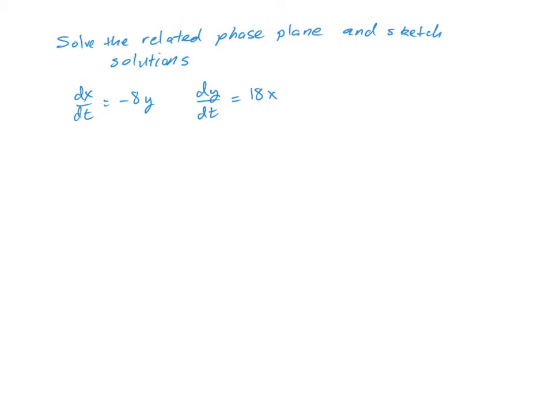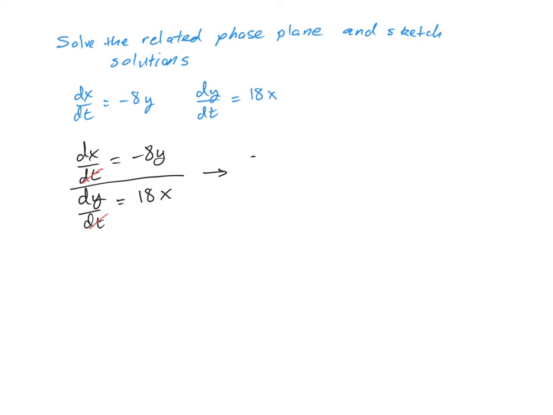Okay, so for this problem, they want us to find the related phase plane portrait and sketch the solutions for this planar system. And the first thing you want to do is divide the two differential equations. So let's take a look at having our dx/dt is equal to negative 8y divided by dy/dt is equal to 18x. When we do this division, we're going to see right away the dt's cancel out,